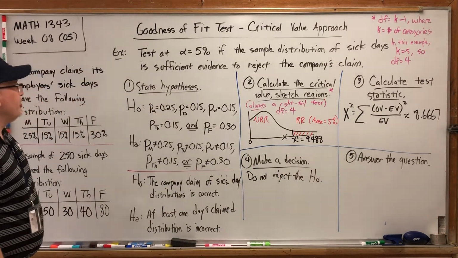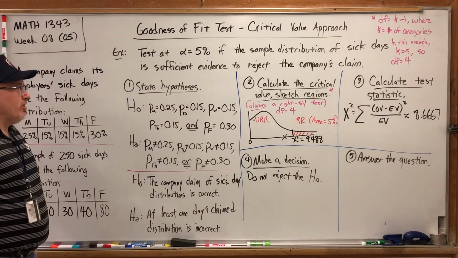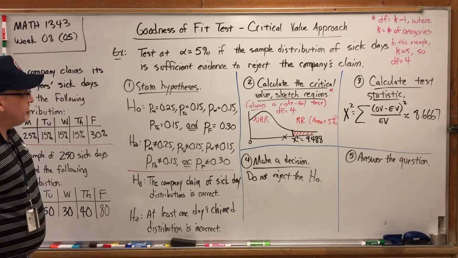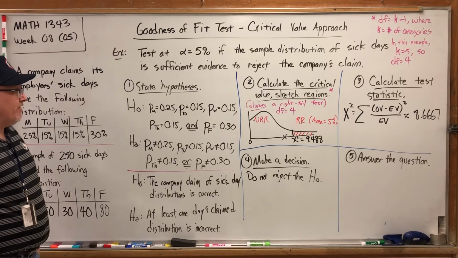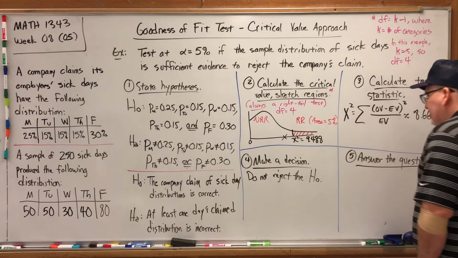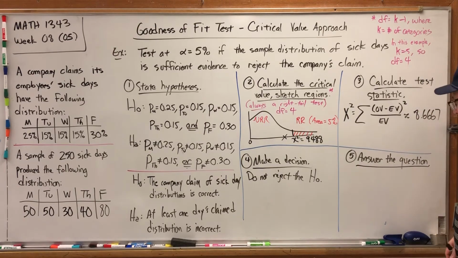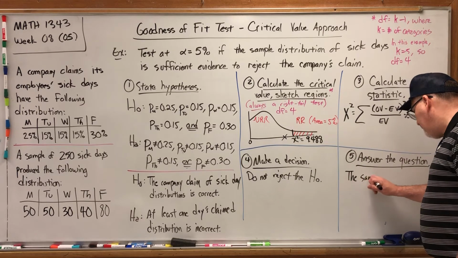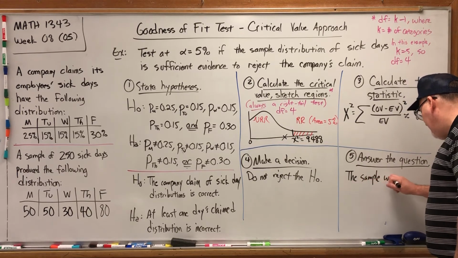And let's answer the question. Well, there was never really any question asked. You can tell because there was no question mark. But we were asked to test if the sample distribution is sufficient evidence to reject the company's claim. Well, the company's claim was the null and we didn't reject it. So we can answer the question by saying the sample was not sufficient evidence